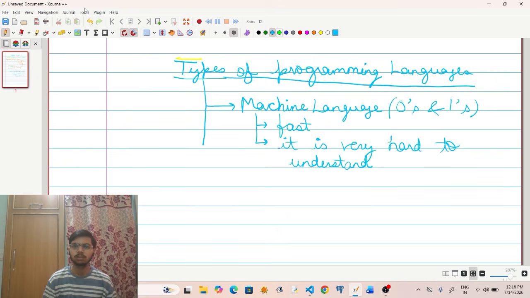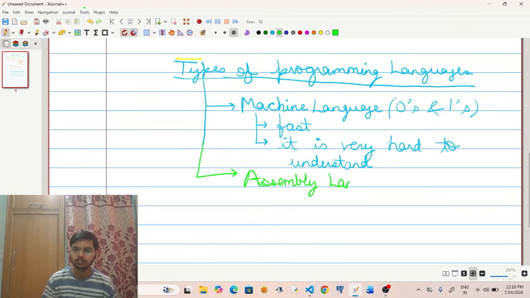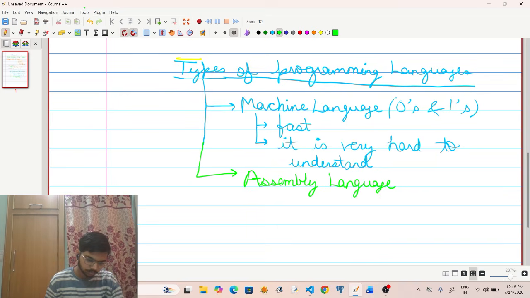Now, another programming language is the assembly language. What is this assembly language?